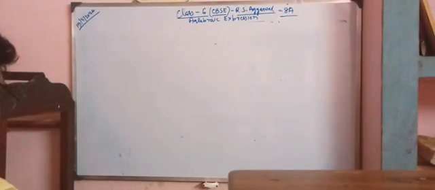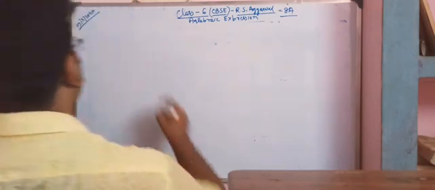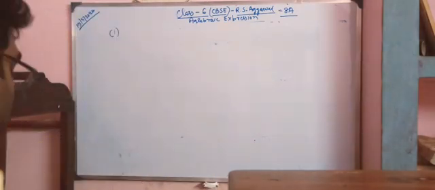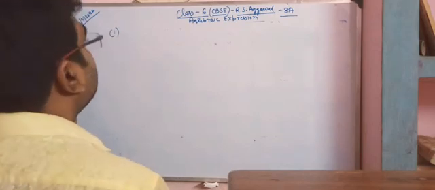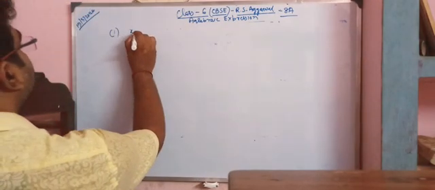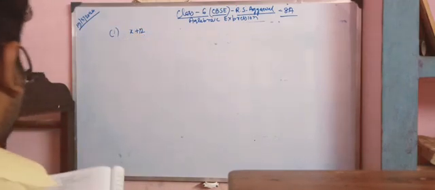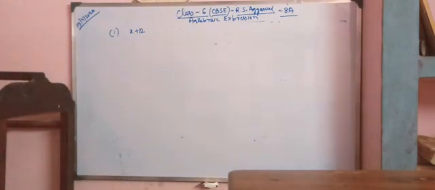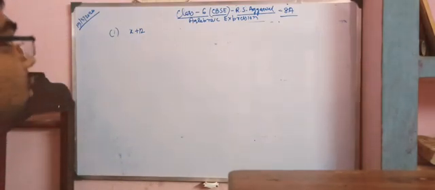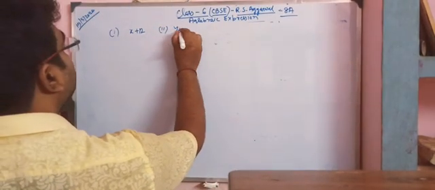Here is the first question. Write the following using literals, numbers and signs of the basic operations. Question number 1: x is increased by 12. So we take x and it is increased by 12. So x plus 12 is my answer. Next, y decreased by 7 means we have to take y and it is decreased by 7. So 7 should be subtracted from it.